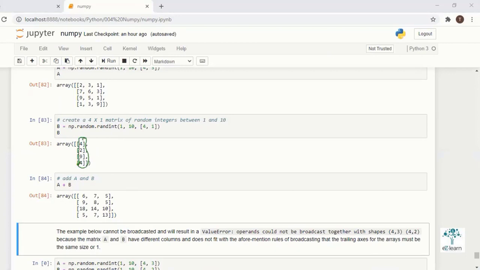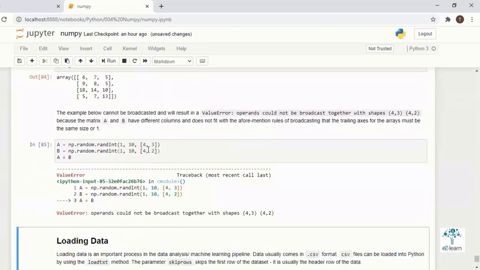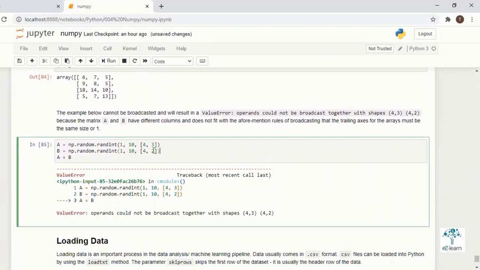Suppose we have two different arrays here, 4 cross 3 and 4 cross 2. Size-wise they are different. Operands, meaning the values used in the operation, could not be broadcast together with shapes. The shapes are different.